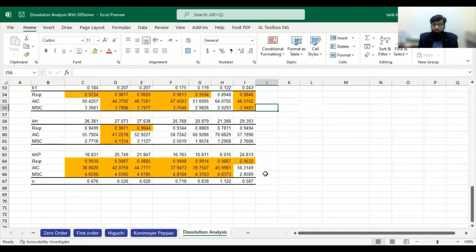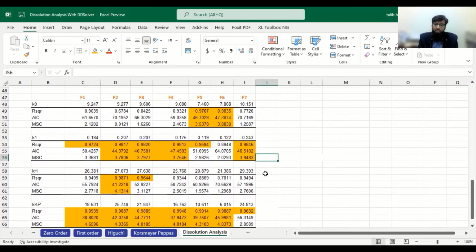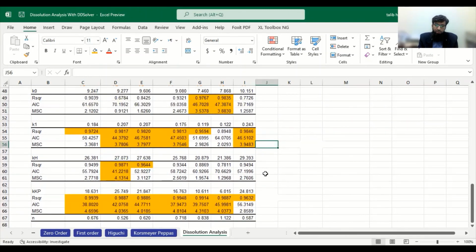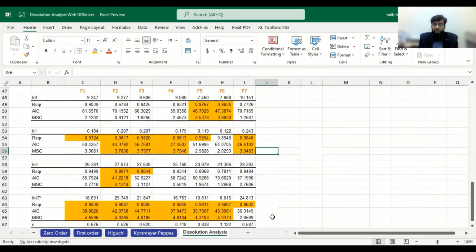Now on the basis of the selection, we can define a system based on the n value, which is the release exponent value. For the n value, we will find that these were actually cylindrical systems. If we calculate the n value on an average basis, we will find on average 0.5 value, 1 value, beyond 1 value. Understandable? Lesser than 0.5, we will call it a Fickian system, which is a dissolution dependent system.